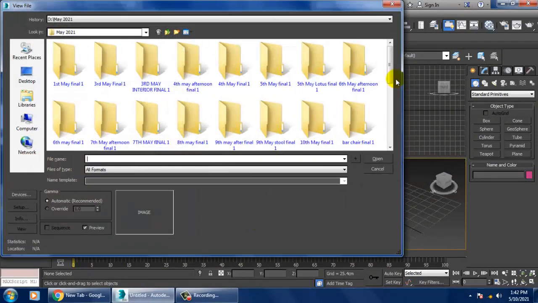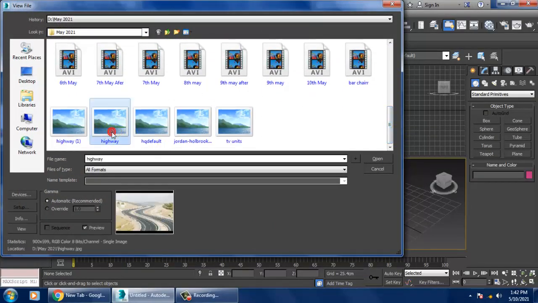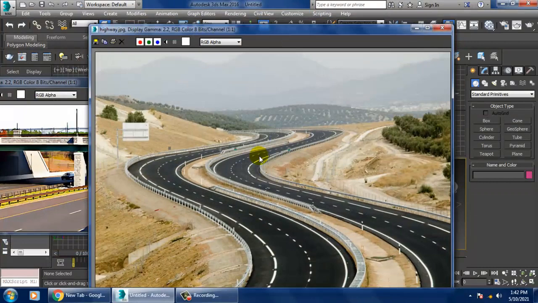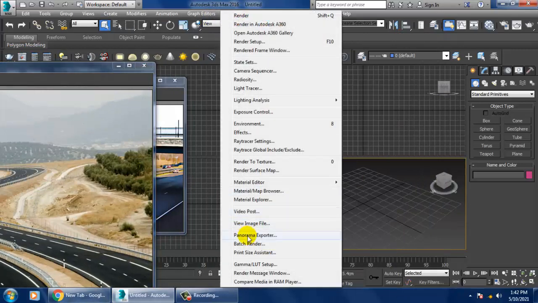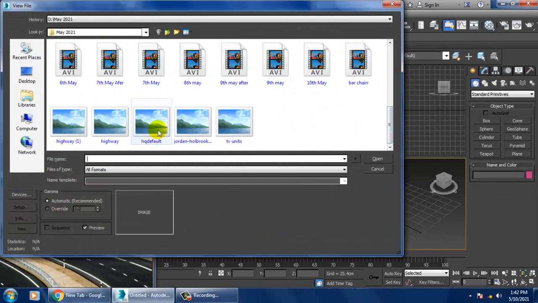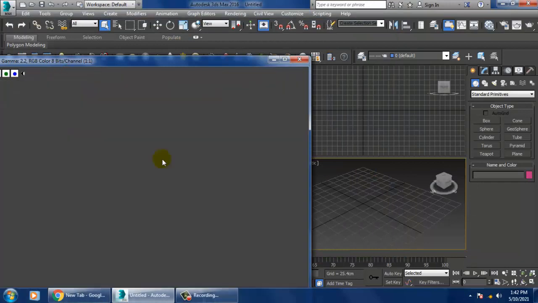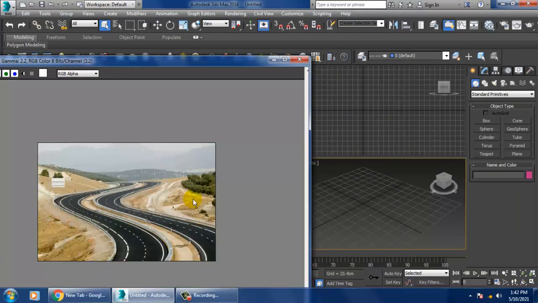View image file. This is one of the references. Also, you have this reference.